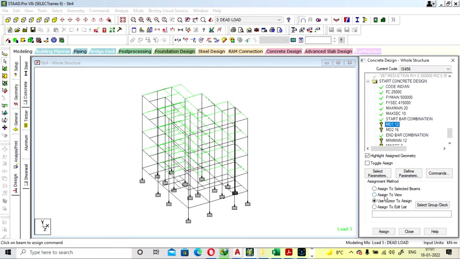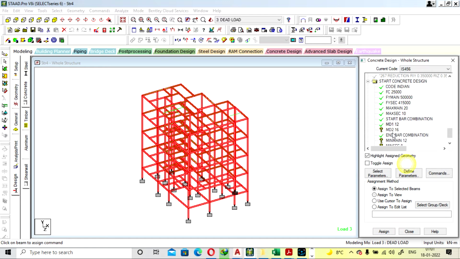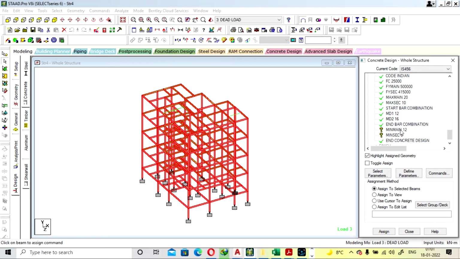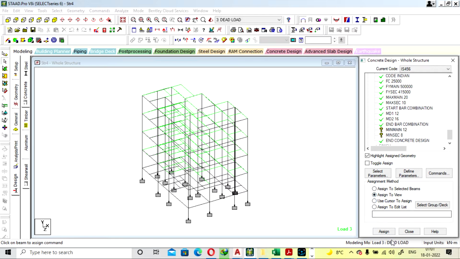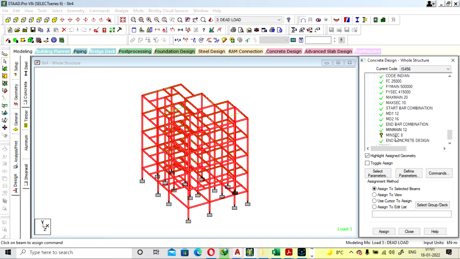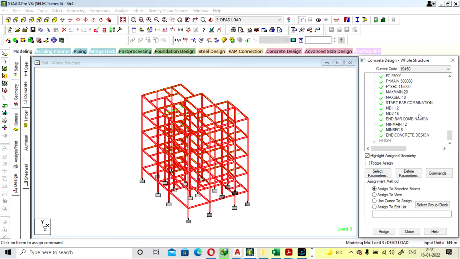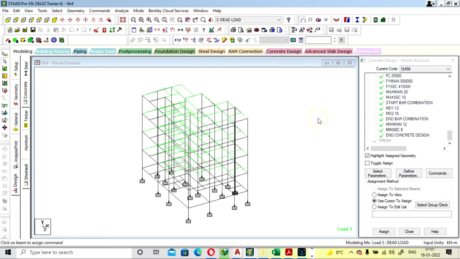Now this is also for all the structure, so assign to provide for all the structure parts. Okay, if you want to go with beam and column separately, you have to select after that.